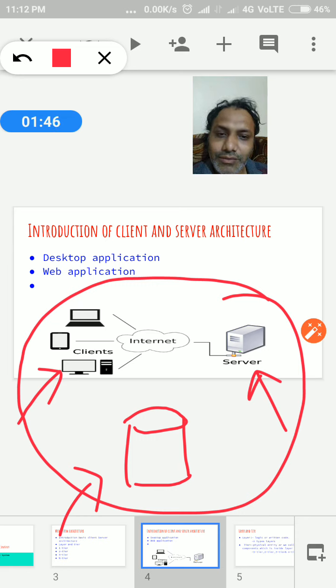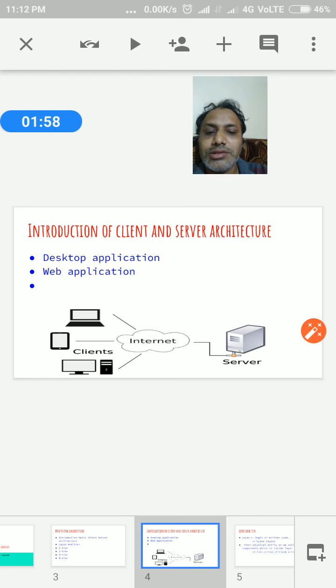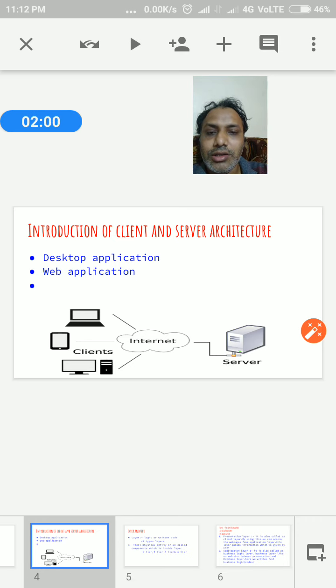So easily we can go there and access the data and the application. So it is not secure also. That's why we come to the second architecture, which is the two tier architecture.